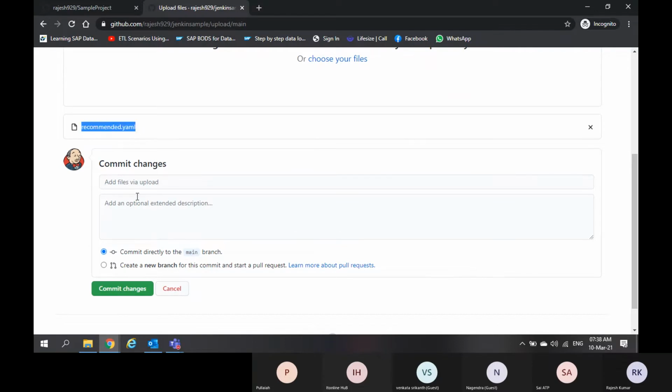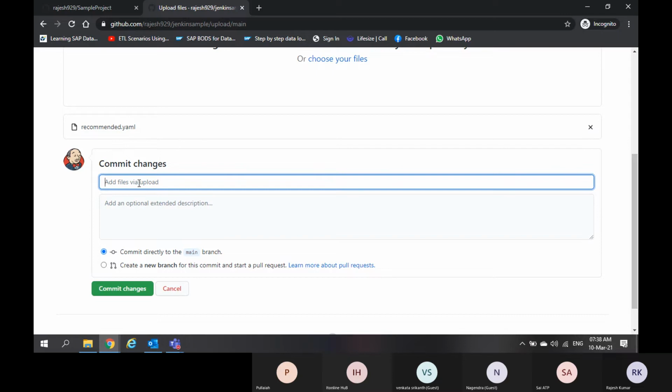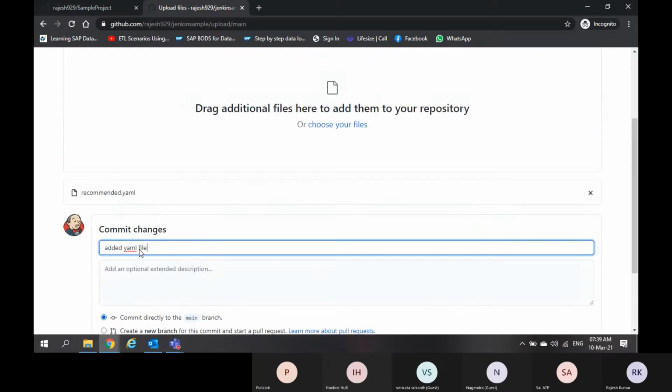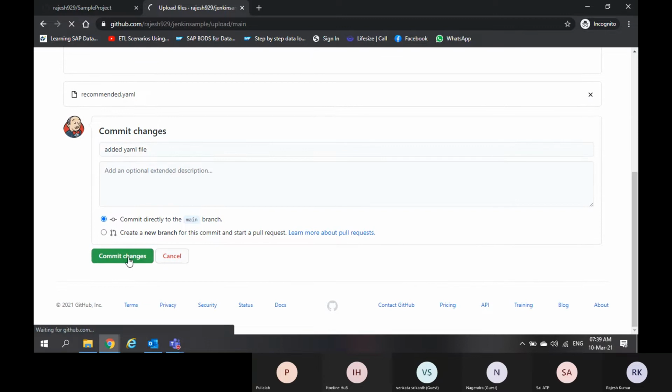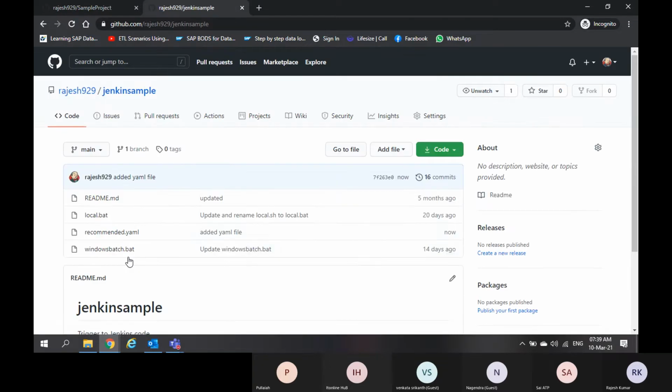So if you want to commit this, the commit message is very important. Why? Because by seeing the commit message itself, the other team members can know what changes or what things we have done in the commit. So I have written "added YAML file" and I am saving this. Commit is nothing but saving.